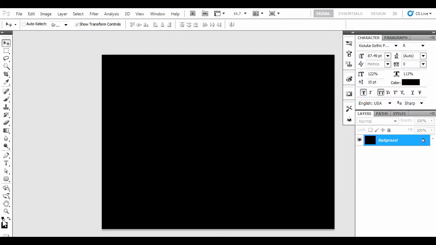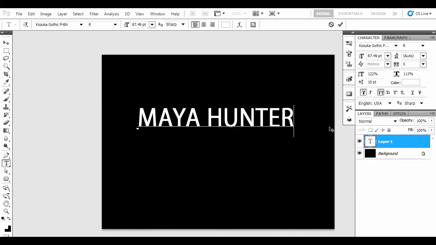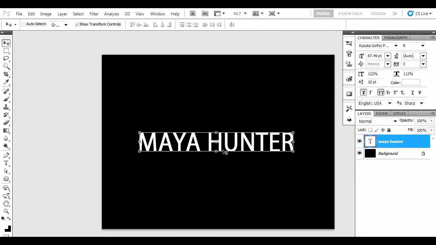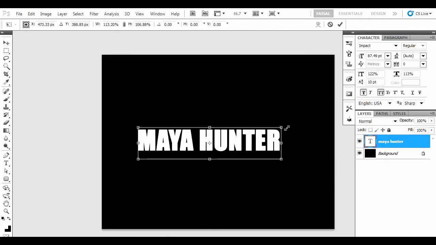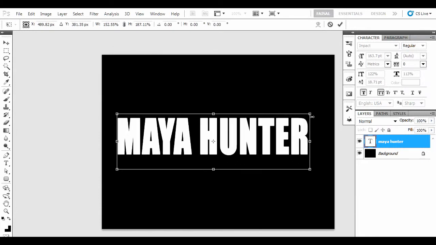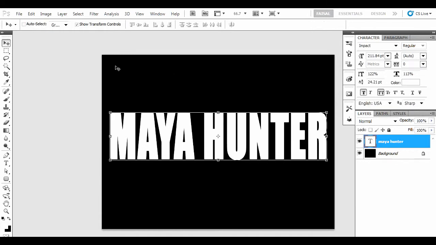So whatever you want for the pattern of your fluid, you paint it with white. For that, let's take white color, and I will make a text, Maya Hunter. So this will be our fluid. Wherever you have white, you will get your fluid. Wherever you have black, you will get nothing. I want a very bold, thick font. Maybe this one. So for that I will take this. We will use this map for the fluid of our container.